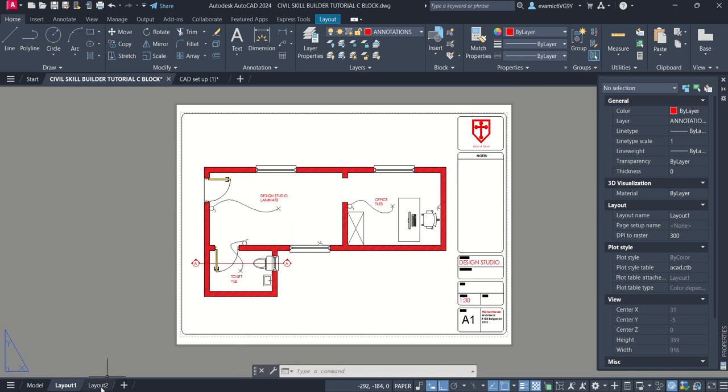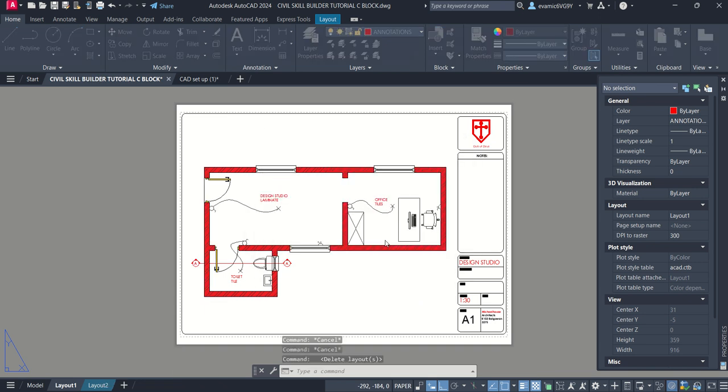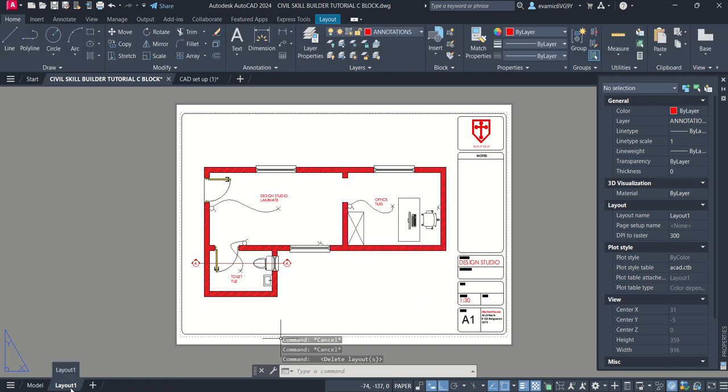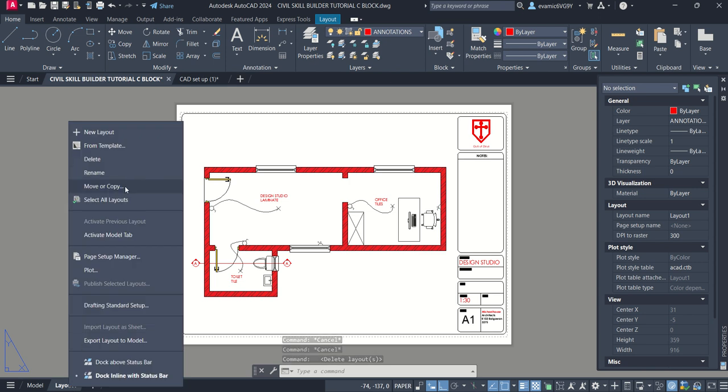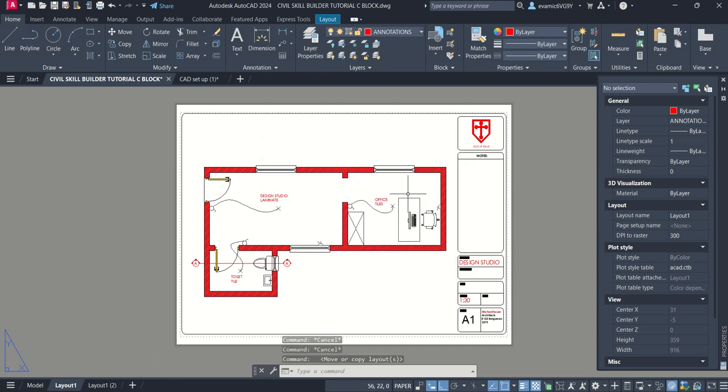So what you'll do here is, I'm going to delete layout 2, right? Okay. And I'm going to copy this layout. So I'm going to right click on this and go move or copy. I want to move it to the end. I'm going to say create a copy because I don't want to move it into the beginning because I want to keep sort of a progression. And I'm going to call that